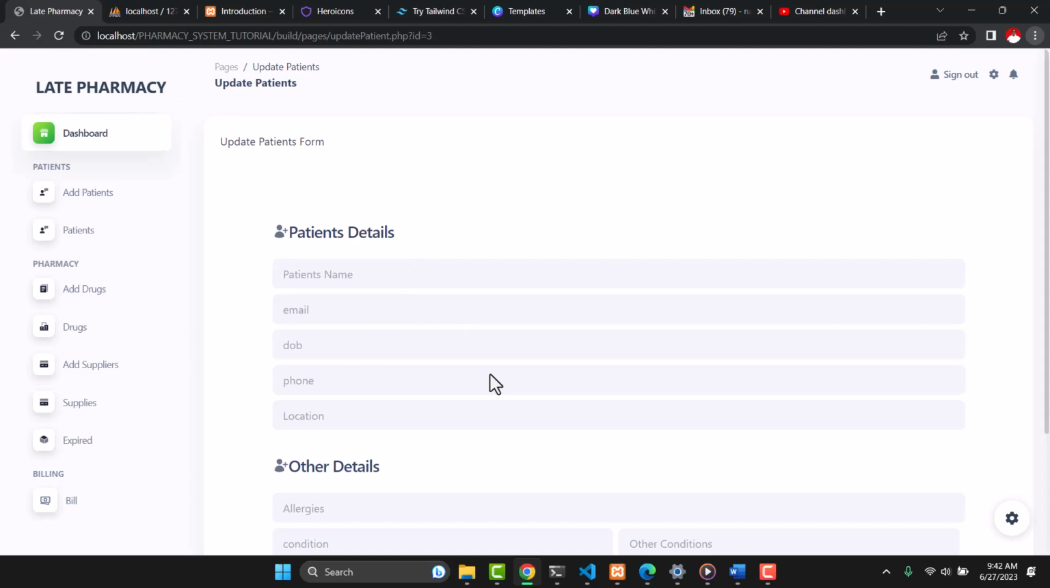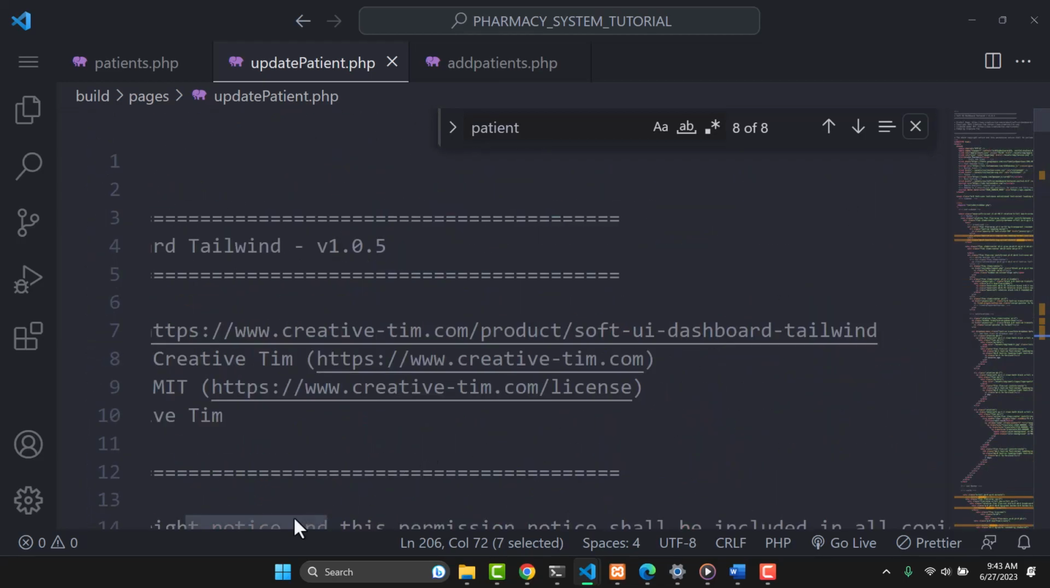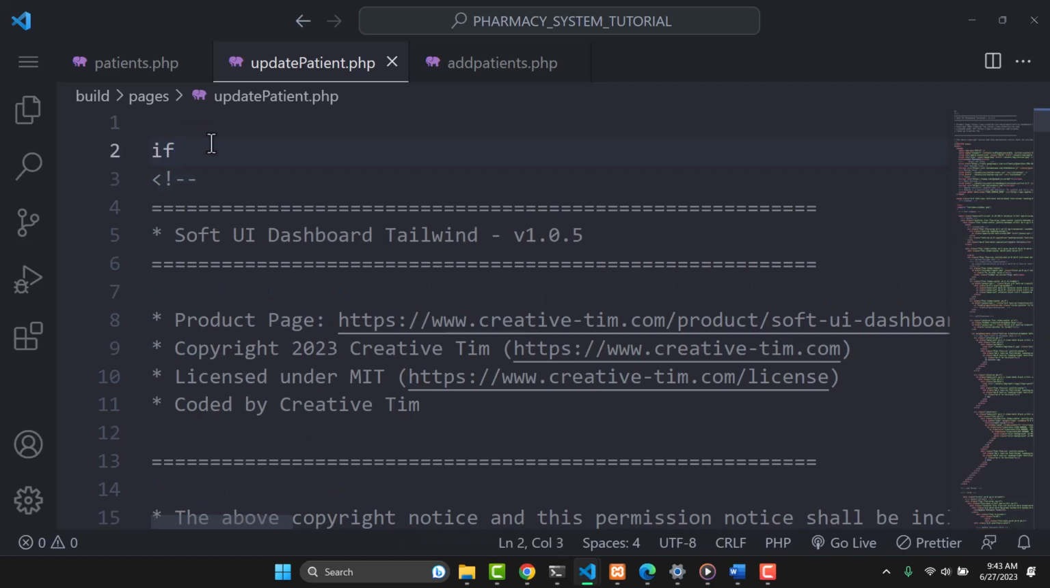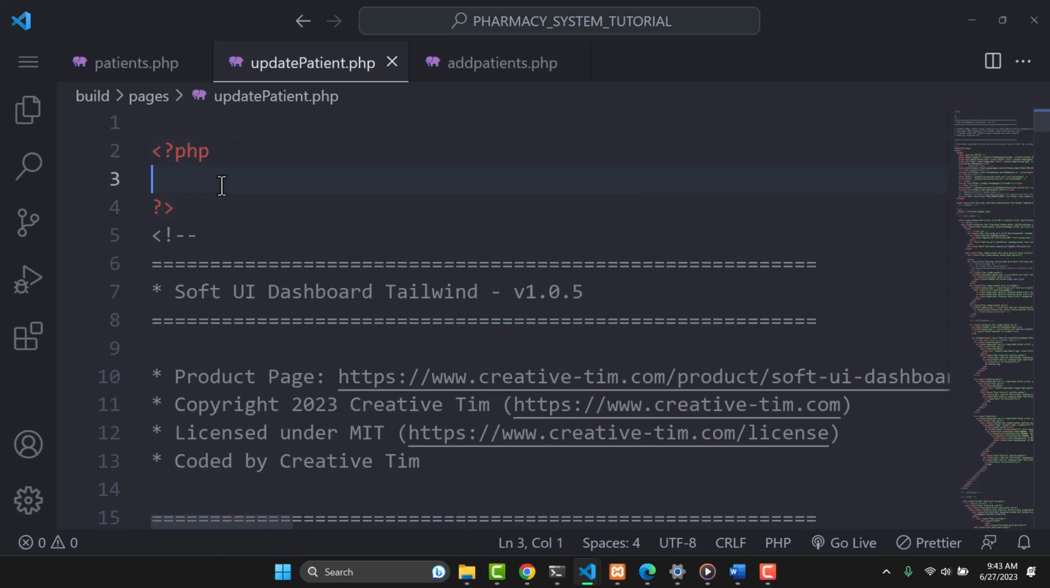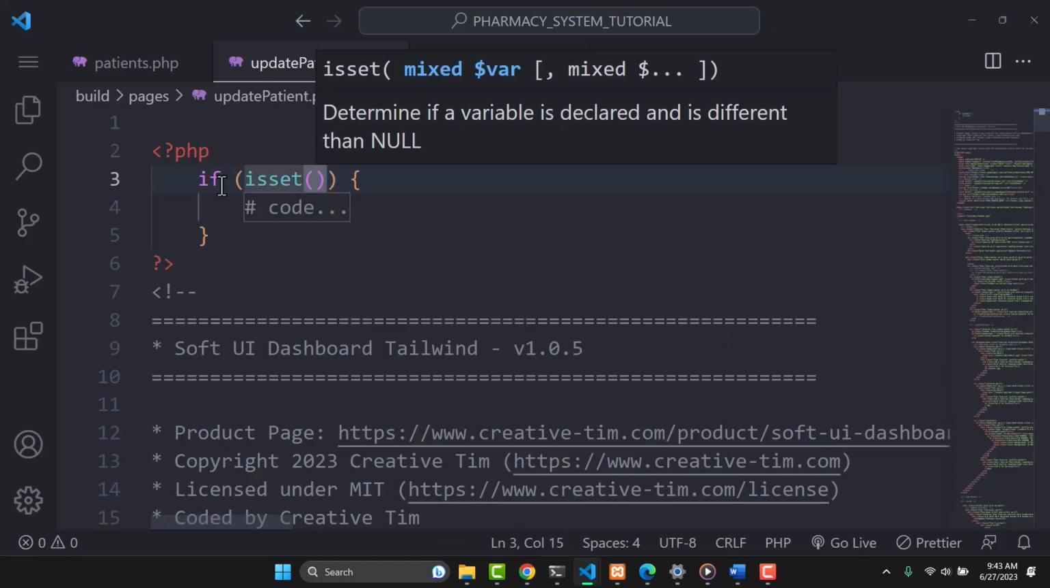So now the next thing that I need to do is to be able to get this ID, because right now we only have it in a URL, but we want to utilize it in this form so that we are able to get the details of patient ID number 3. So to be able to do that, and because I'm passing the ID via the address or the link, I'm going to come on top here, and I'm going to use the if isset, like the if statement rather. So PHP, and I will say if isset,